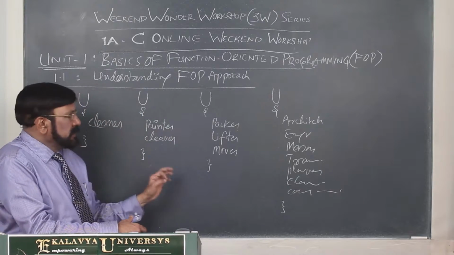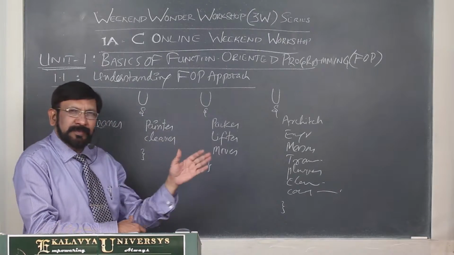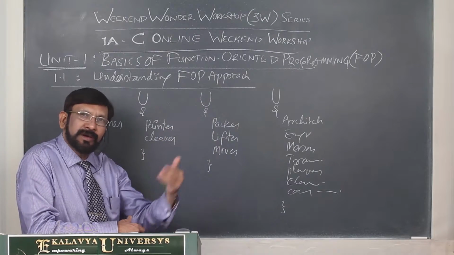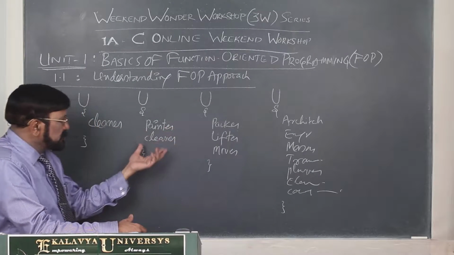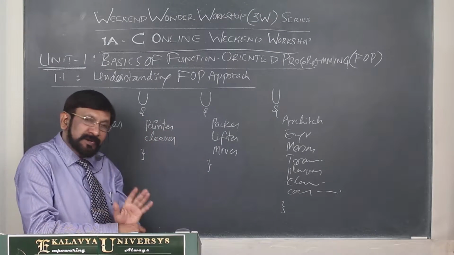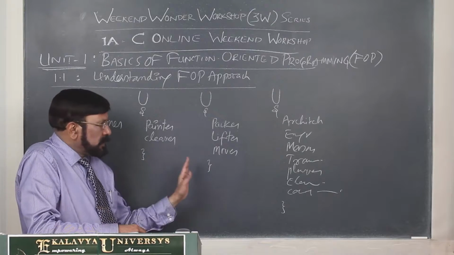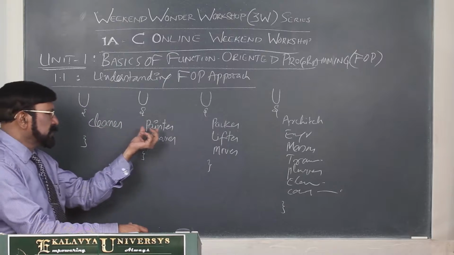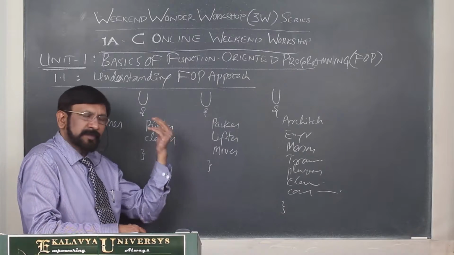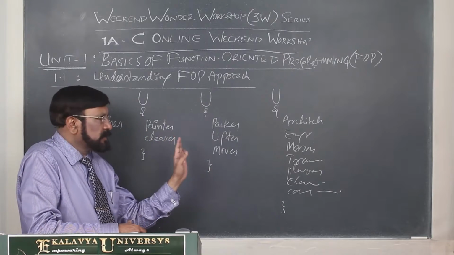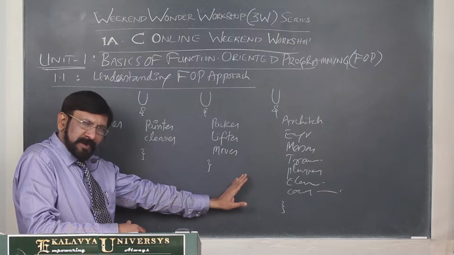Generally, what we call them are specialists. You are engaging them because they are specialists in certain fields. He is a specialist in painting, he is a specialist in cleaning. That's why you are engaging them, so we call them specialists. When it comes to individuals, they have specific names like painter, electrician, architect, engineer, mason, carpenter, etc. So this is the real life model.